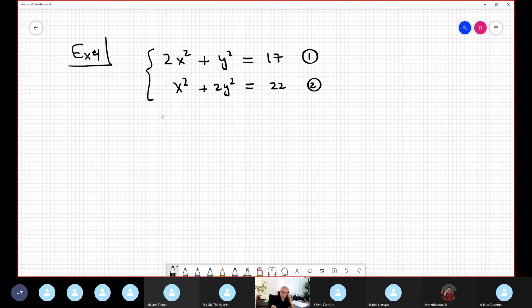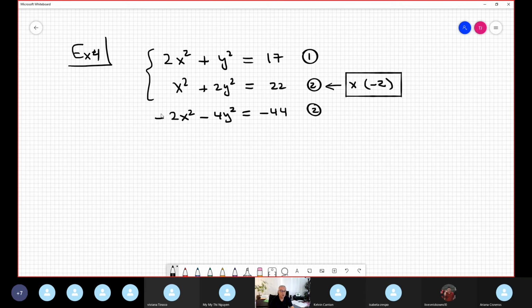In this case, we cannot apply substitution anymore because you complicate your life if you try to isolate, for example, x and apply a square root. In this case, it's much better addition or subtraction, so elimination. One fantastic way: I would like -2 here, so you multiply equation number 2 by -2. When you multiply equation 2 by -2, we have -2x squared minus 4y squared equals -44. This is equivalent to the original equation 2, the same thing. Now when you add equation 1 and the new equation 2 together,